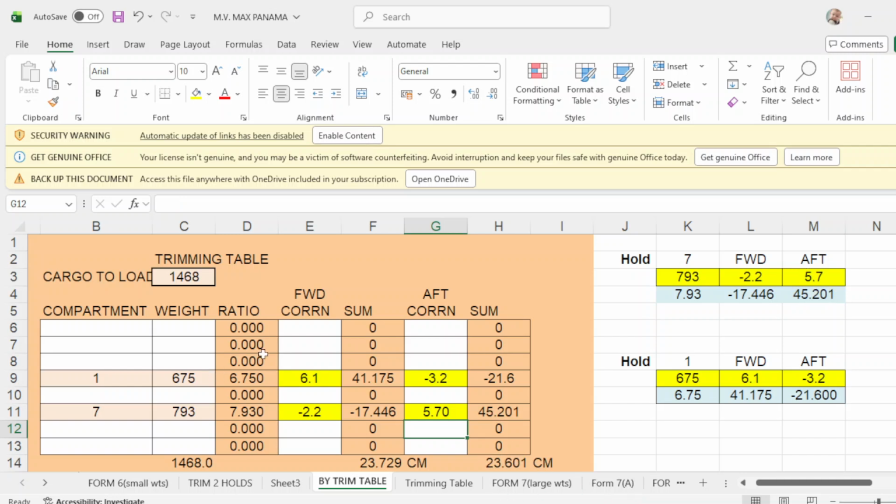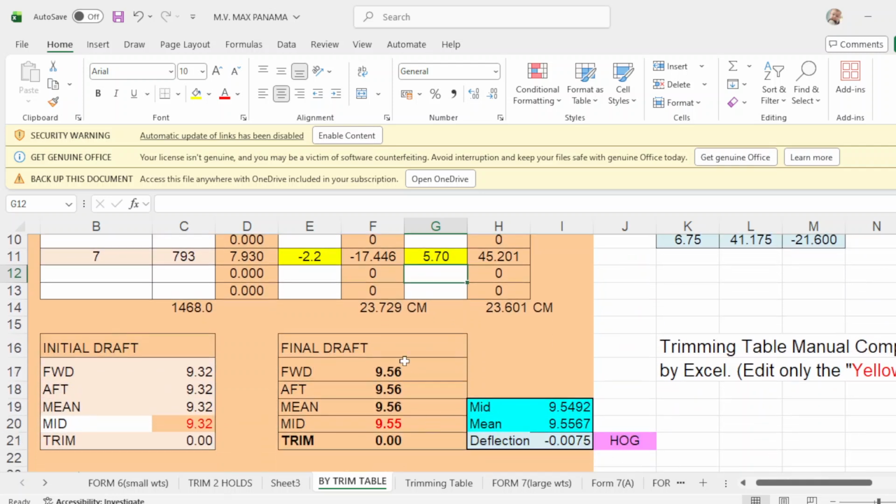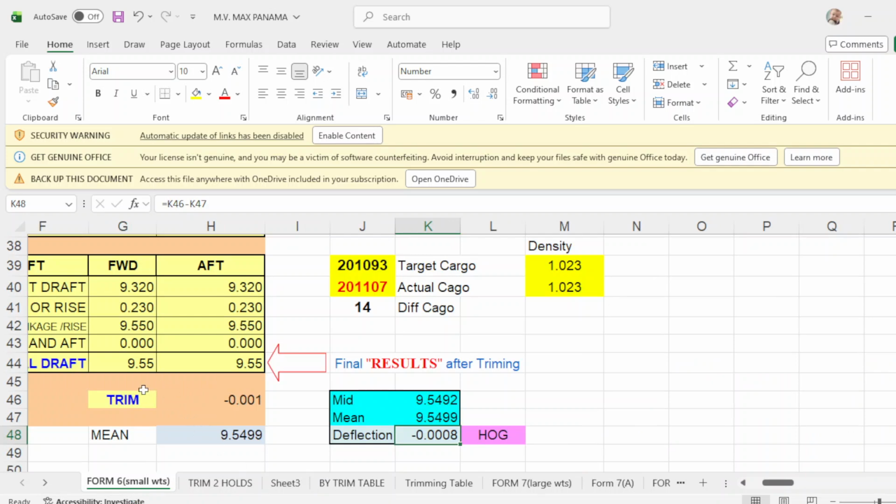Once you have input your forward and up corrections on holds 1 and 7, then this will be your departure drop of 9.56. Okay. But take note that your departure drop should be 9.5 even keel. So I'll explain how to do it.